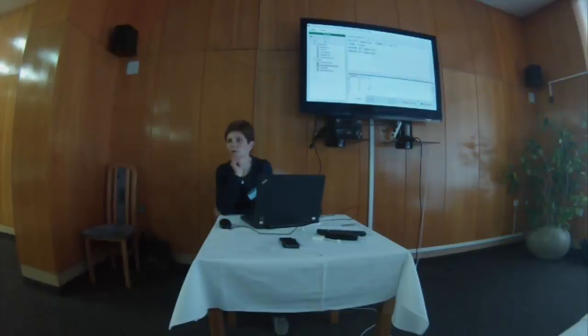Usually I take the FieldMap data and export it to Access, and then I use Access to do all this. But now you don't need to do any export, you can just right away use